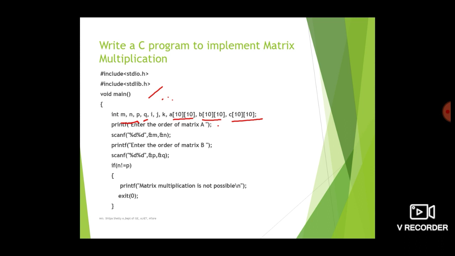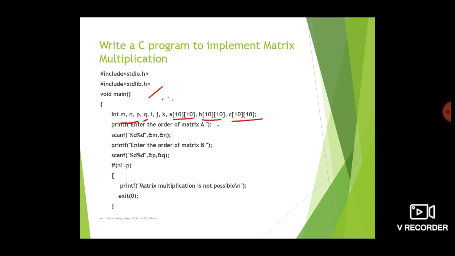If they are equal, then we can continue with the matrix multiplication, and if they are not equal, we cannot multiply the two matrices. So if n is not equal to p, then printf matrix multiplication not possible, because we cannot multiply the two matrices, and we can terminate the program. So we write exit(0). The exit function is defined in standard library.h, that is stdlib.h.